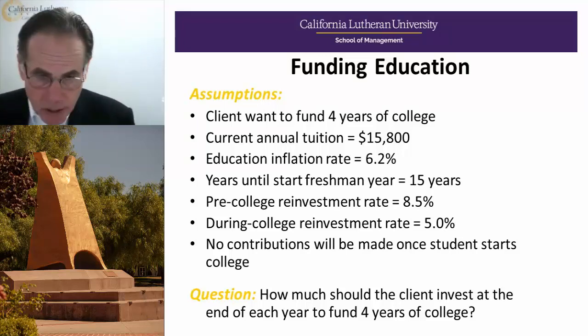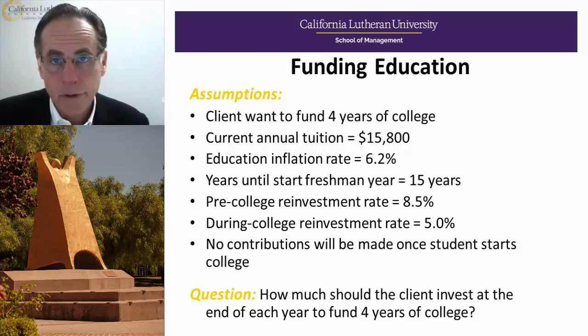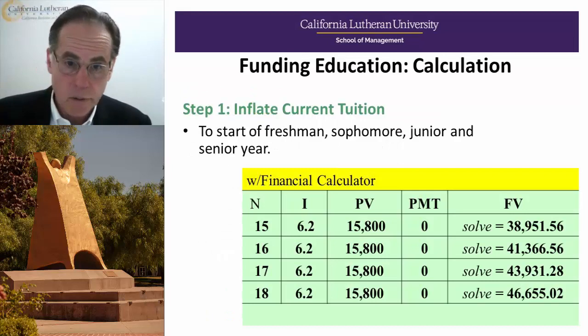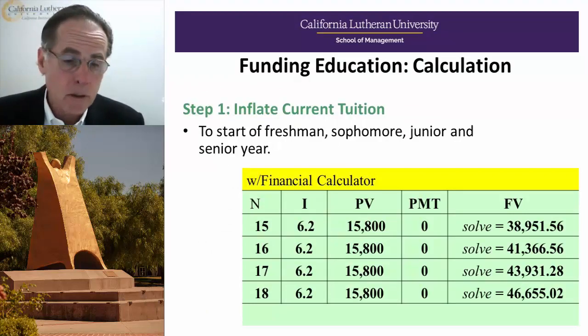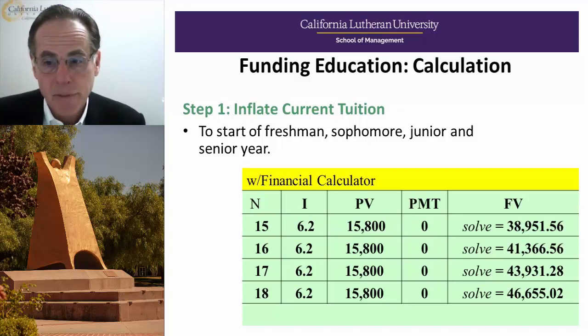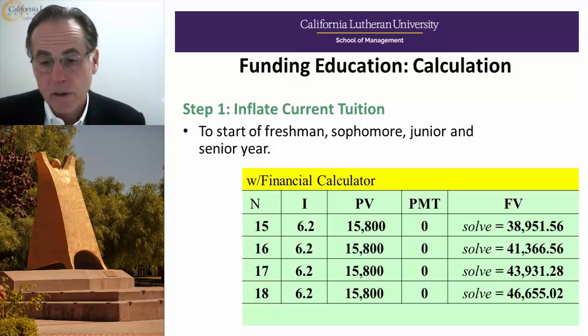So let's look at this question. How much should the client invest at the end of each year to fund 4 years of college, given these assumptions, this data? Well, the first thing you need to do is project out that cost, and that's what we're doing. The current cost in this example was $15,800 per year, 15 years at an inflation rate of 6.2%, and you can see the freshman year cost is $38,951. You can see what it is for the sophomore, junior, and then by senior year it's all the way up to